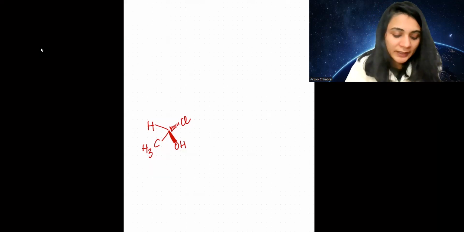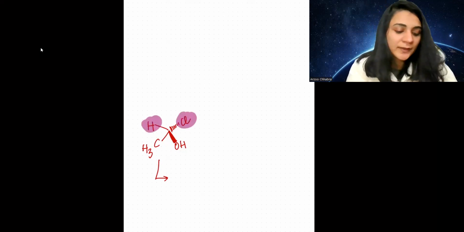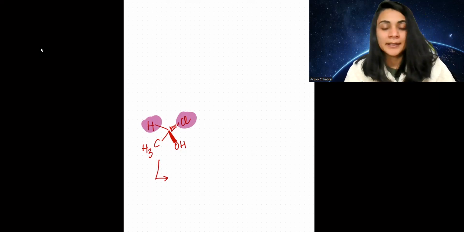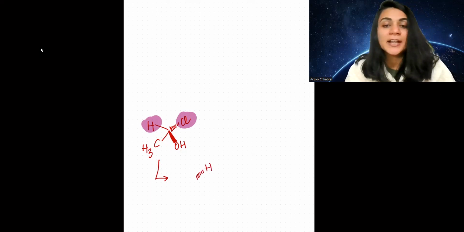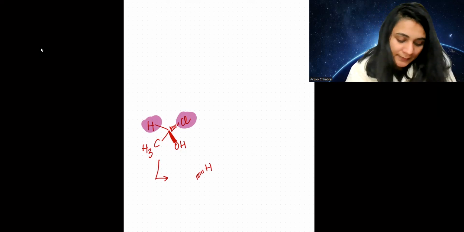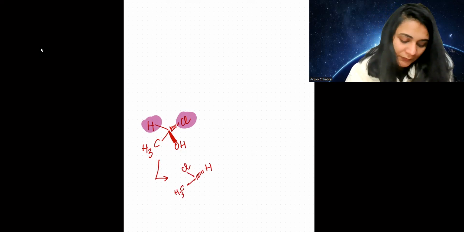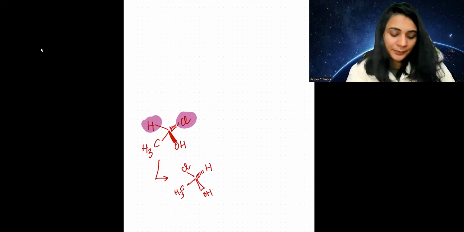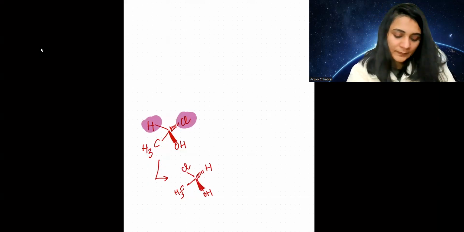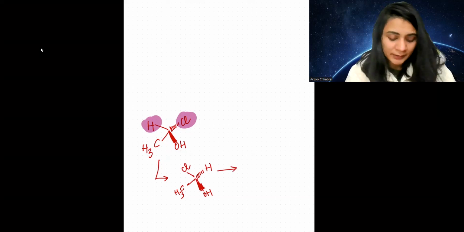And let's do that really quick here. So in the first step, I'm going to choose H and Cl, because I want my H in the first step ending up on my dash bond, right? So now in the first step, H has ended up on my dash bond, and Cl has ended up here, CH3 and OH. Okay, and now let's do that again, because we need to do that twice, right? So again,